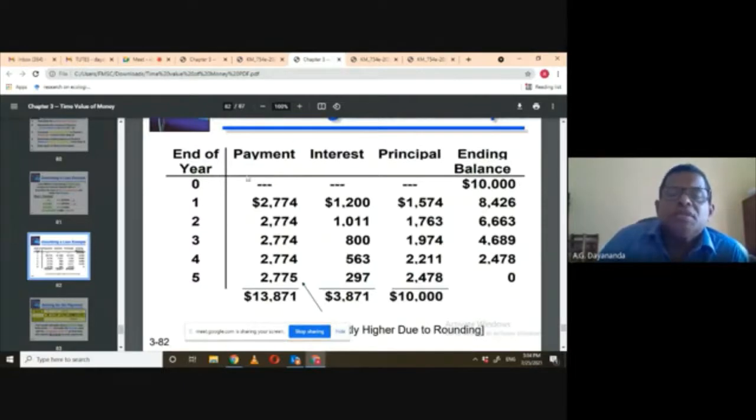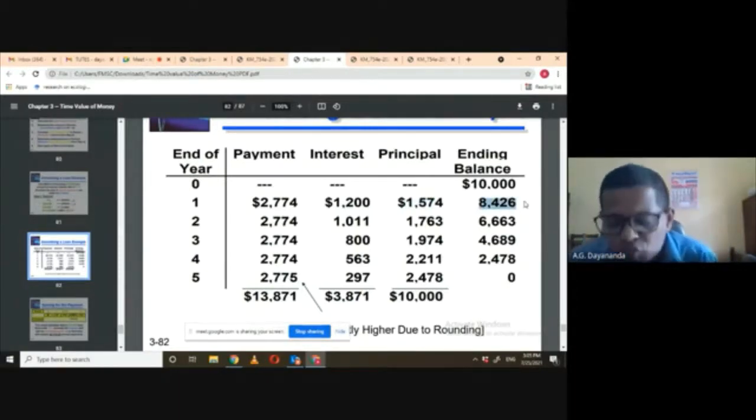You are making the payment, payment is so much, interest is so much. Payment minus interest would get the principal. So you have 10,000 borrowed. From 10,000, if you deduct this,